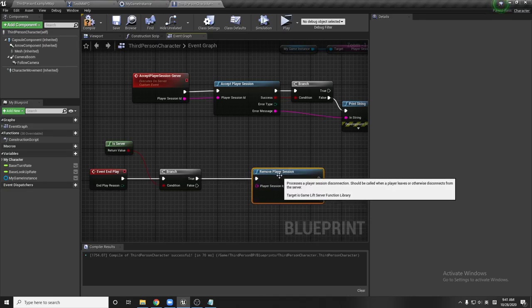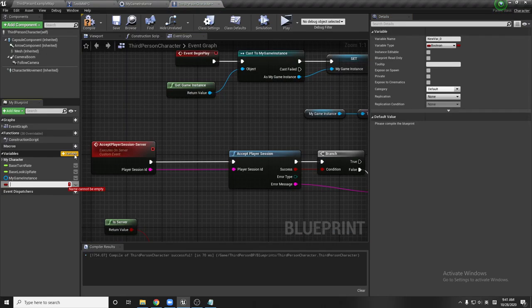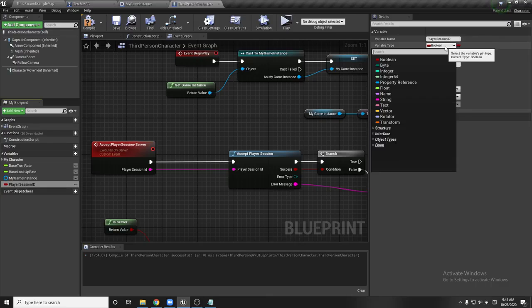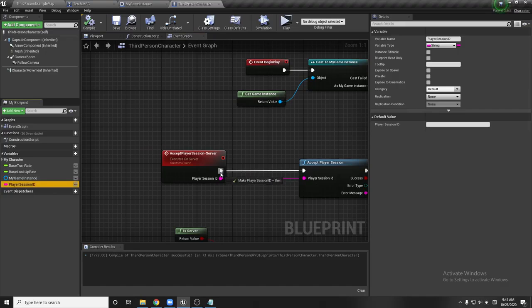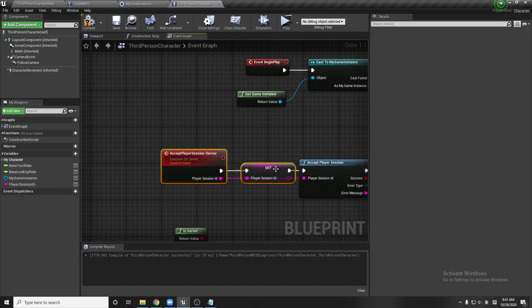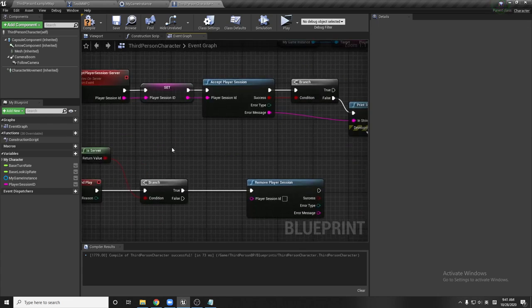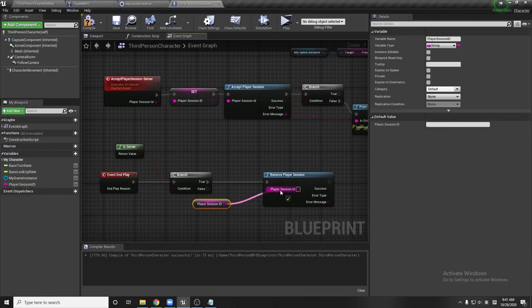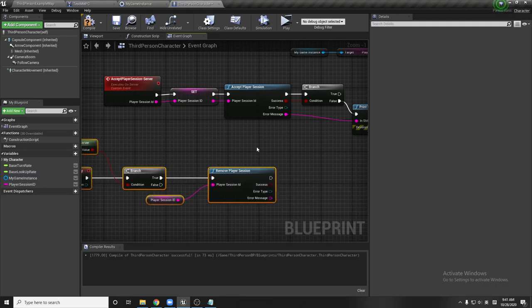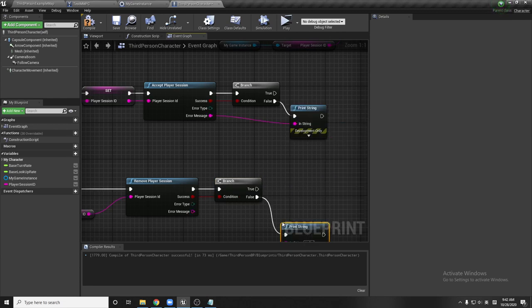Remove player session. So actually now I'm gonna use a variable, player session ID, and this is gonna be the string type, and I store it in the server. We don't need to get the player session ID in the client, so we don't need to make this variable replicate. Alright, and now if it's on server, the player session has a value. Now remove this player session, and after that we're gonna make the branch and print the error message. Alright,